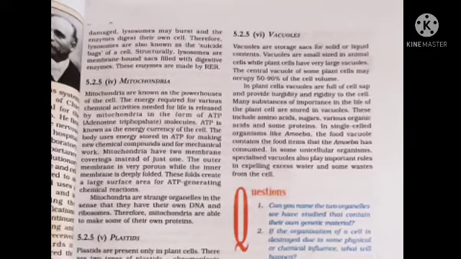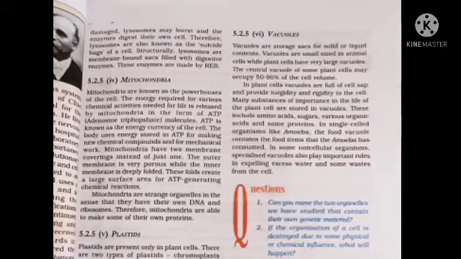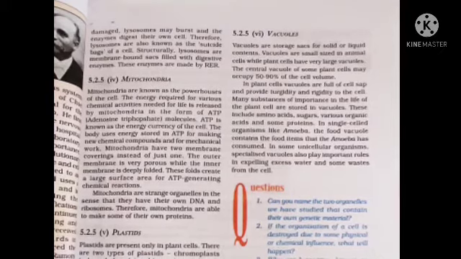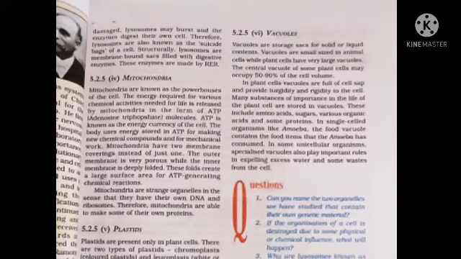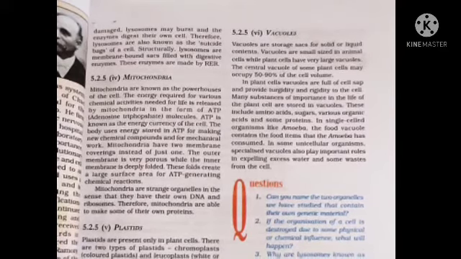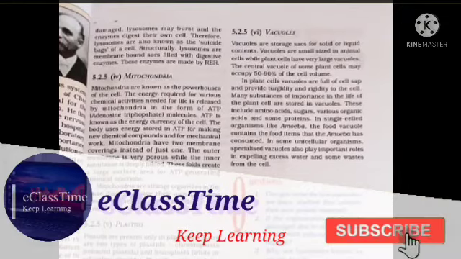The difference between the prokaryotic cell and the eukaryotic cell is already given in the book. A prokaryotic cell is generally small in size and a eukaryotic cell is generally larger in size. Prokaryotic cells lack a nuclear region, but a eukaryotic cell has a well-defined nuclear region surrounded by a nuclear membrane.